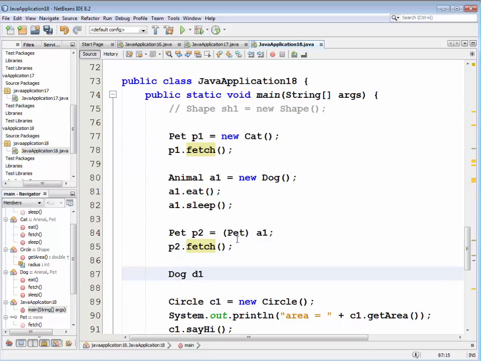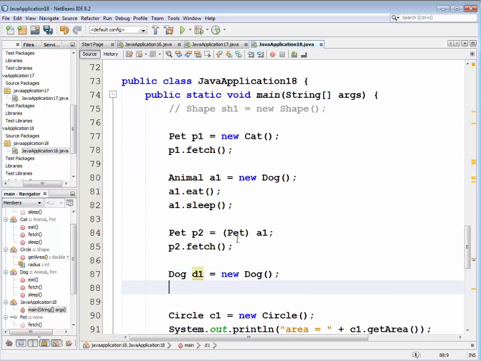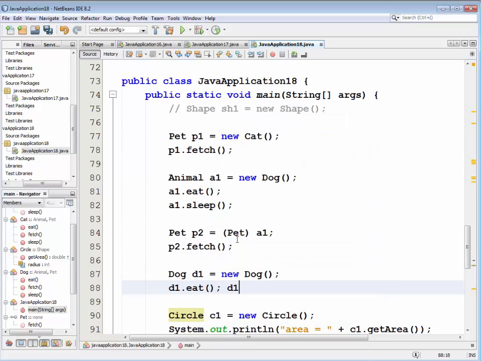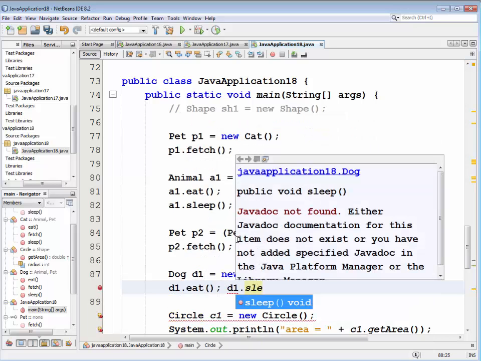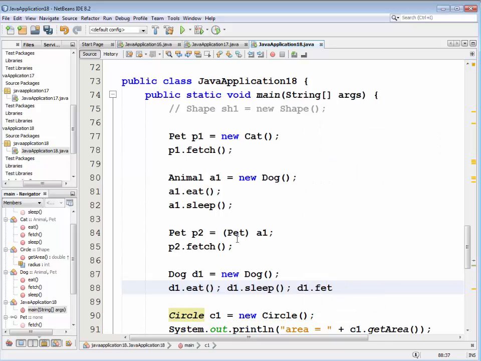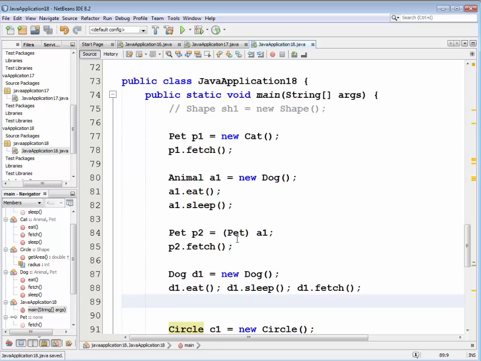We could have just created it as a dog, and then all of those options would be available to it. Dog d1 is equal to new Dog, and then we could call all three of those features. d1.eat, d1.sleep, d1.fetch. So why wouldn't we create them all as dogs? Well,